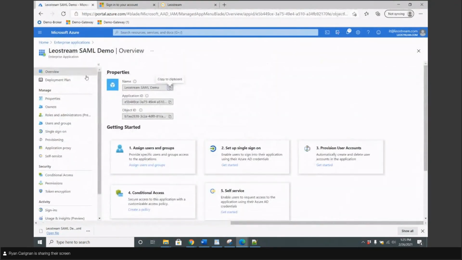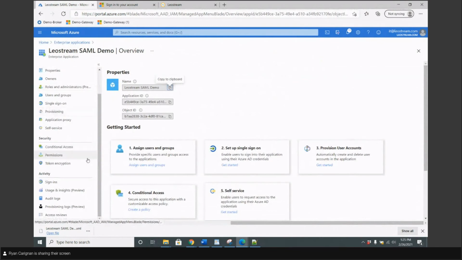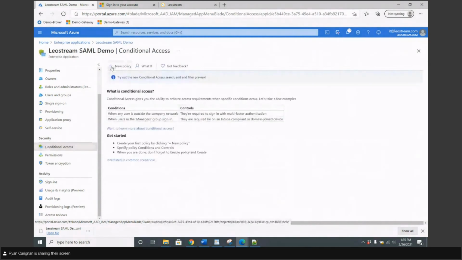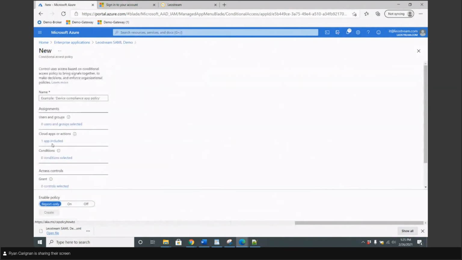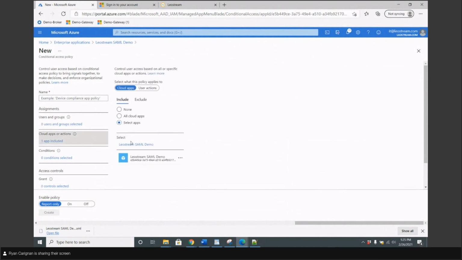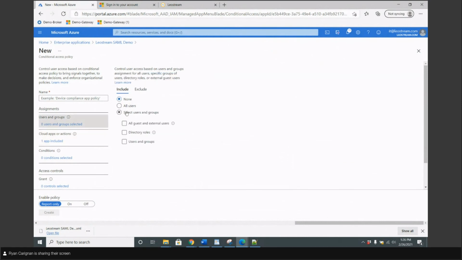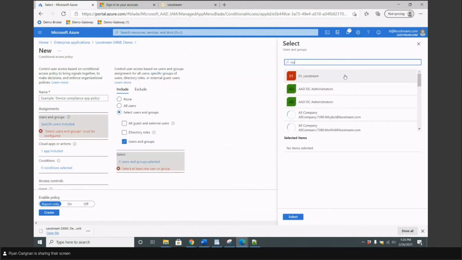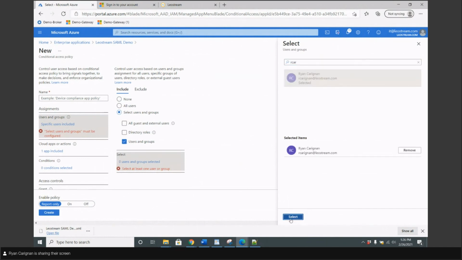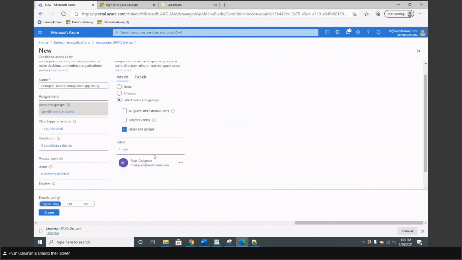Okay, so let's enable two-factor authentication. So I'll go down to our conditional access. So under security, we'll select conditional access and we'll create new policy. You notice this has automatically selected the Leostream demo app. That means we're prompting two-factor specifically on this app. I'll just add my user. So I'll prompt that my user needs to be required to use two-factor,